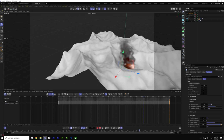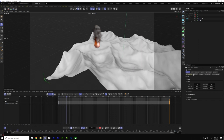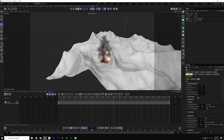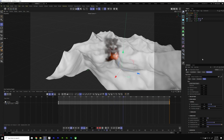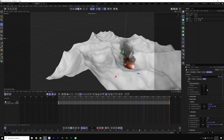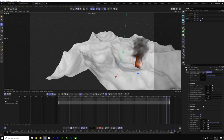So you've got this Pyro output, and within the Pyro output you have access to something that's also in your simulation or in your project settings. Control D gives you your project settings, and you can go into your Pyro tag. All this information is also available inside your Pyro output, right? So it's all in there. So what I need to do is turn off gravity, because I could try to play with buoyancy and stuff like that. I don't think that's really necessary. All I want is for it to project this